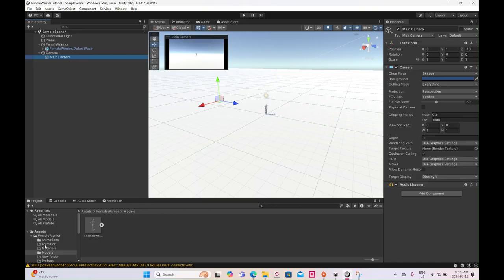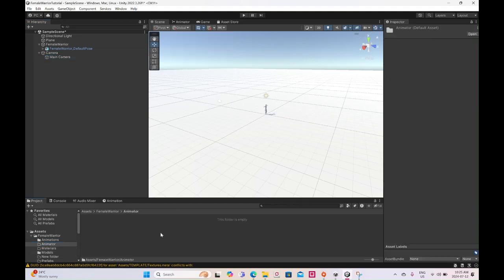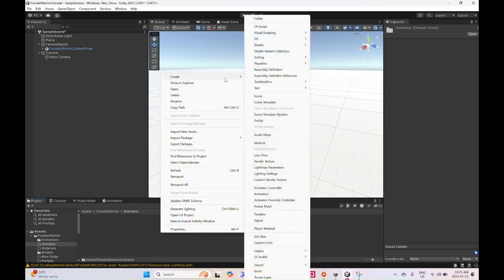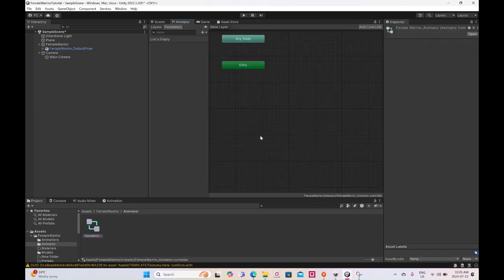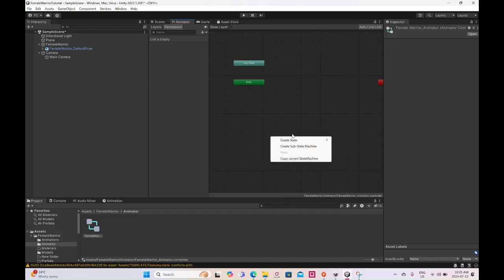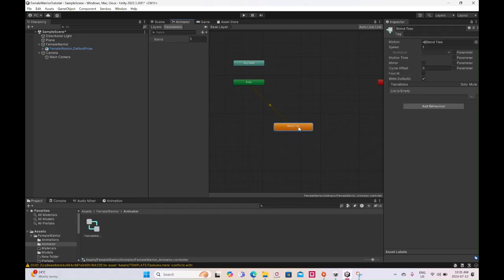Another thing that I want to do is go into the animator folder. I'm going to right click, create animator controller, and I'll call this female warrior underscore animator. I'm going to double click it. This pops up. Right click under the create state. I want to create from new blend tree. Double click that